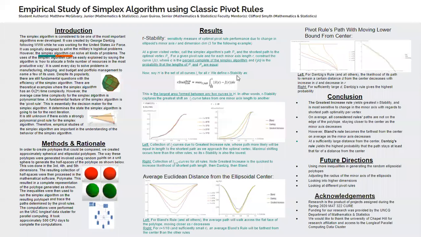Hi, I'm Matthew McGilvary, and this is our study, the empirical study of the simplex algorithm using classic pivot rules. The simplex algorithm was invented by George Dantzig in the late 1940s during his work in the United States Air Force. It was used to solve logistical problems, but it was soon discovered the simplex algorithm could be used